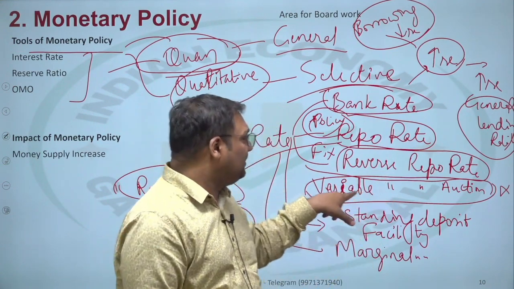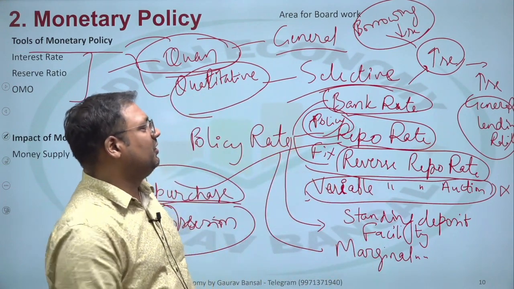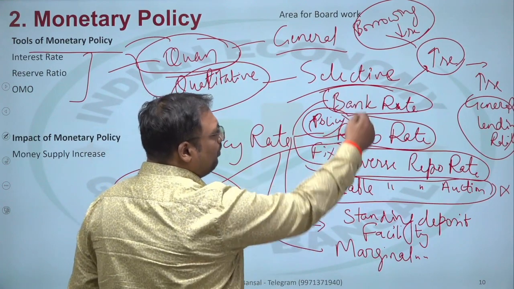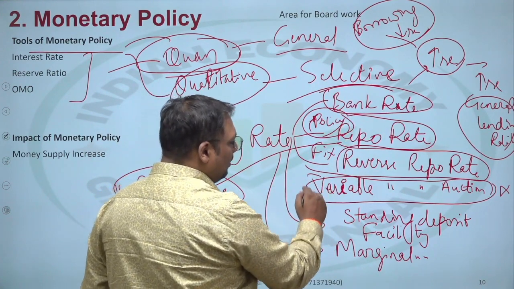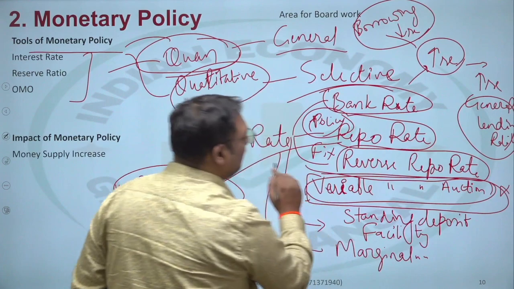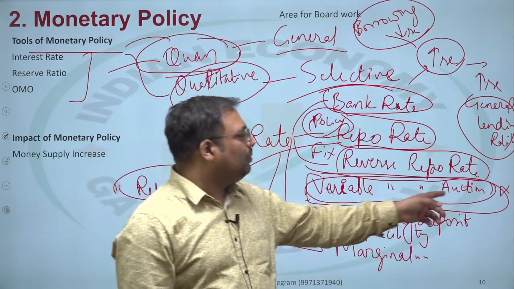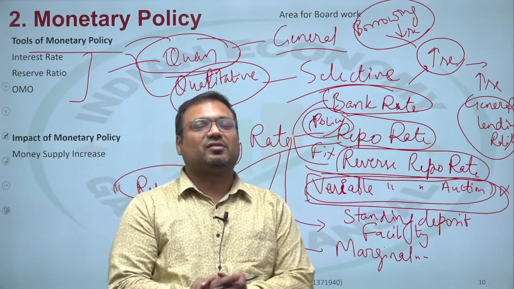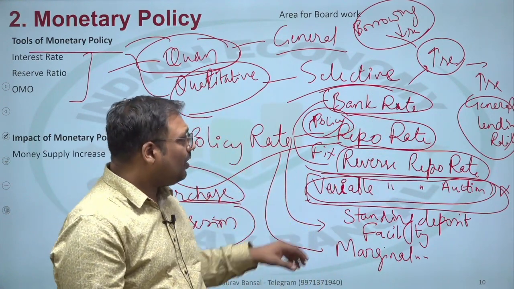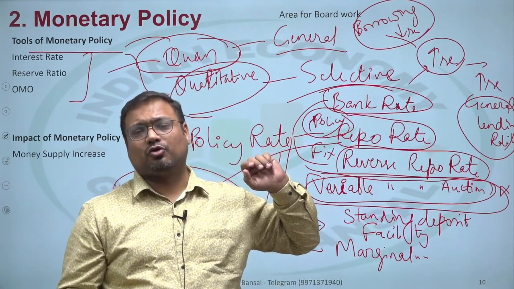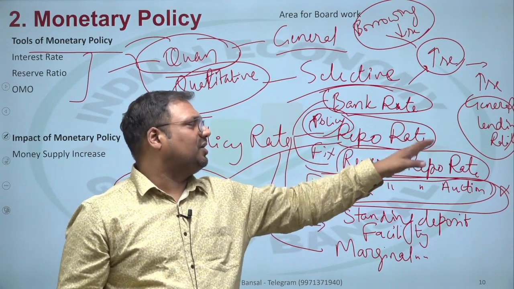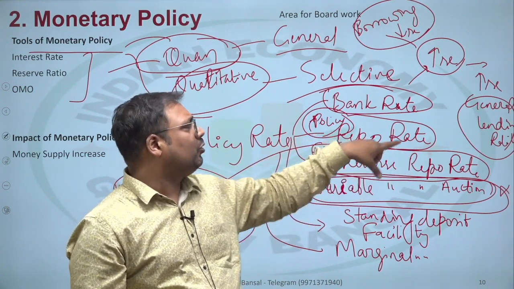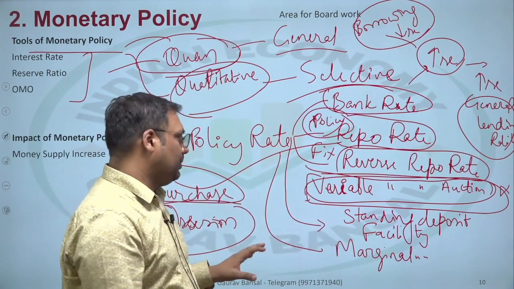So since these are there, we also have fixed reverse repo. Basically this is not even part of this list. I mention it here so that this term is covered. Since it is variable and since it is auction, it is not a fixed rate. For repo also there can be an auction. That will also be a separate thing. That is why policy repo rate is also the fixed repo rate.